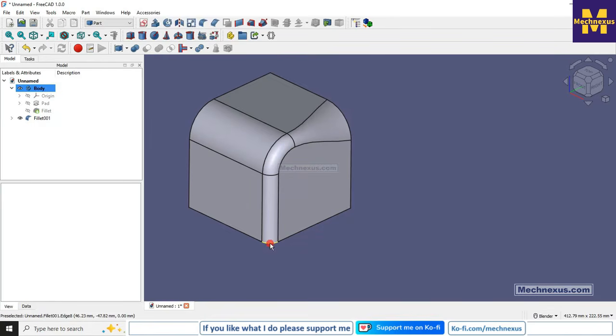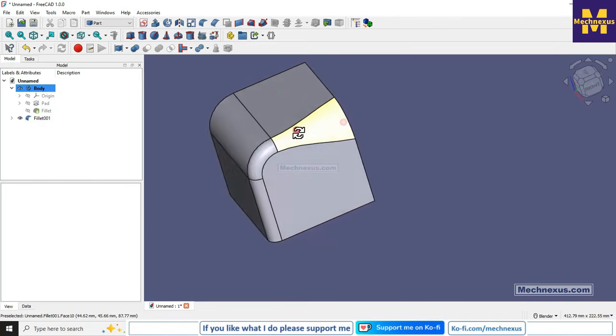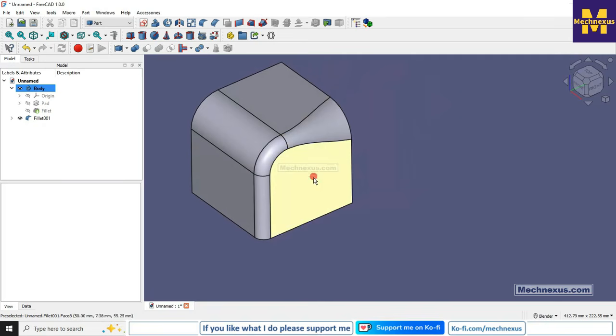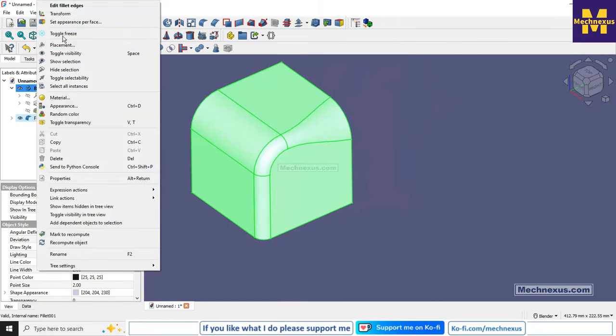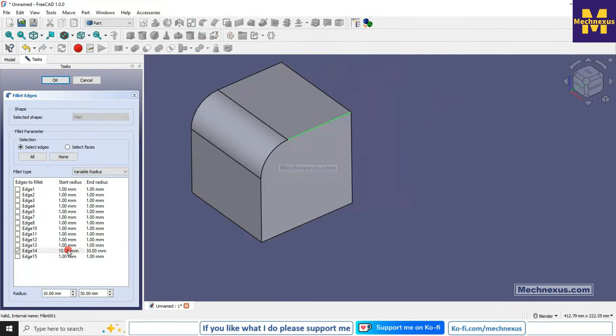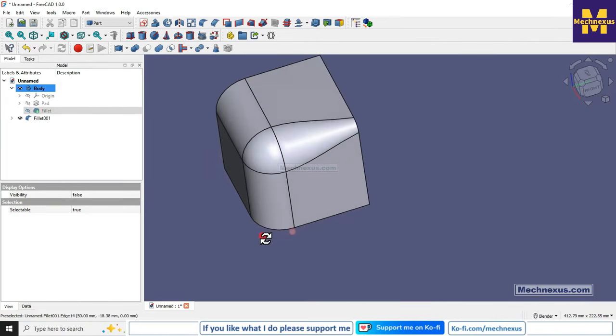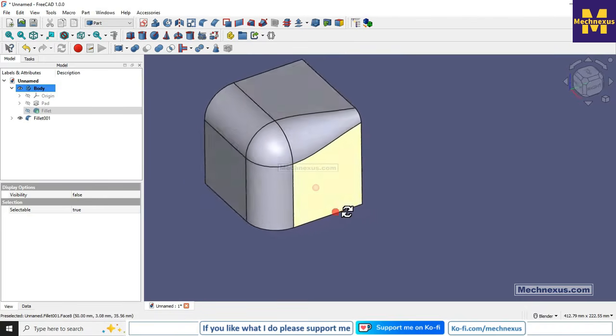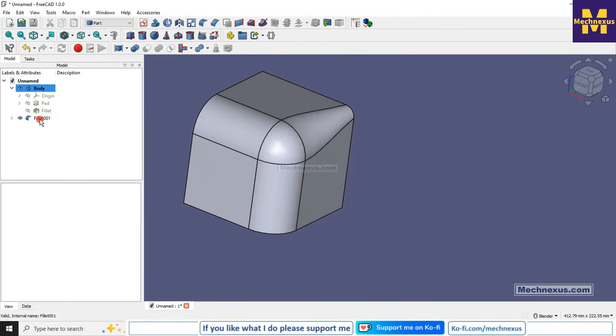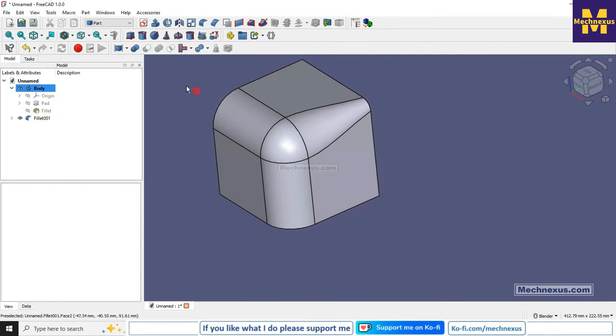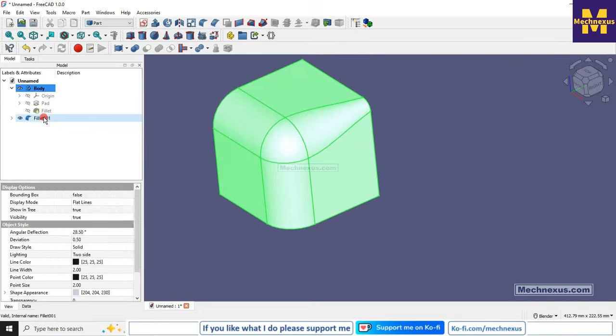So you can see that this is 10 mm and this is 30 mm. So this is how we have created the variable fillet, and now we can change the values. So let's make this 10 and this 30, or this 30 and this 10, and say okay. So now you can see that 10 mm is starting from here and 30 is starting from here. So this variable option feature is not available in the Part Design workbench, but in the Part workbench we can create the